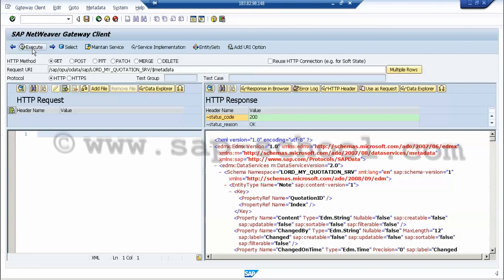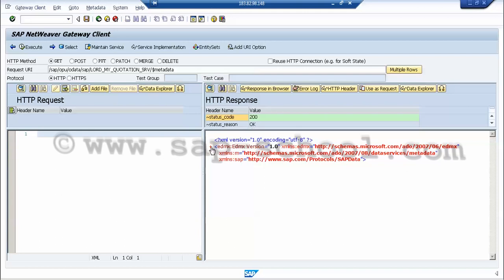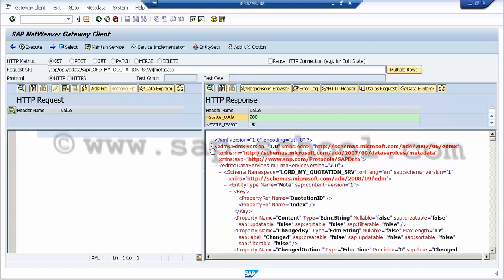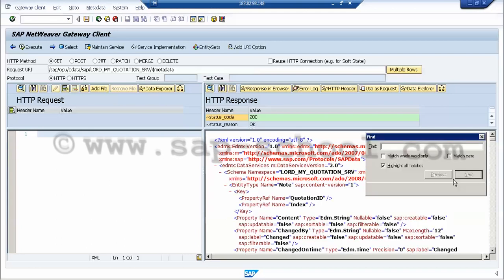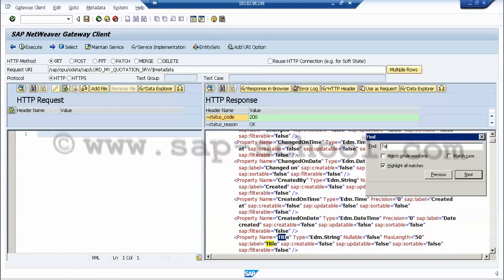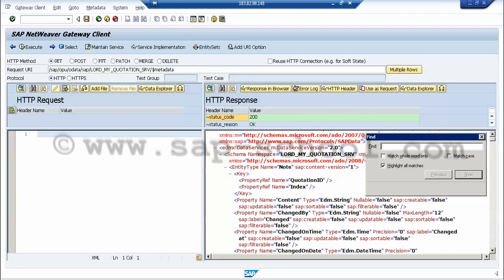Now here we can find out the field which was title. So we can go here. Now we have to just expand it, and we can just do a control F for the title field. Or we can also check for the partner.